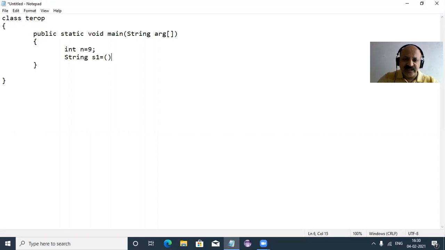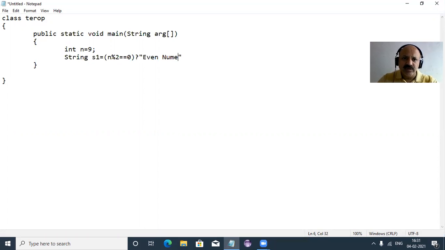Then the parenthesis and a question mark, and here the equal sign and then n modulo 2 equals 0. Then we write in double quotes "even number", that is, the number is even.